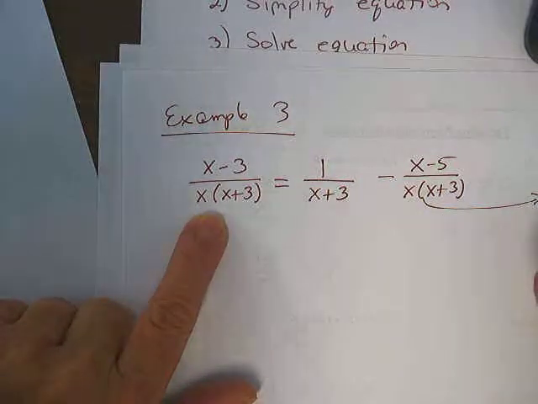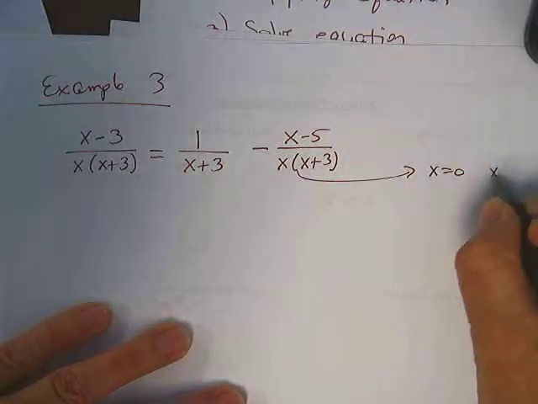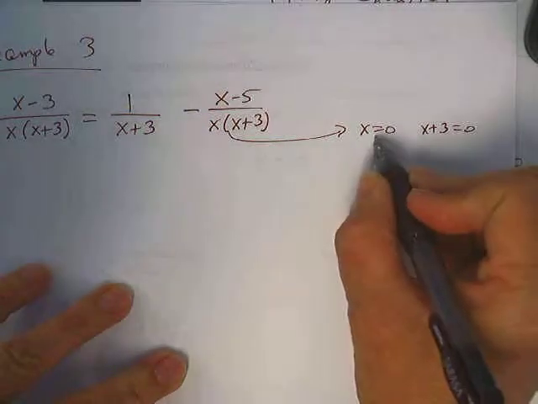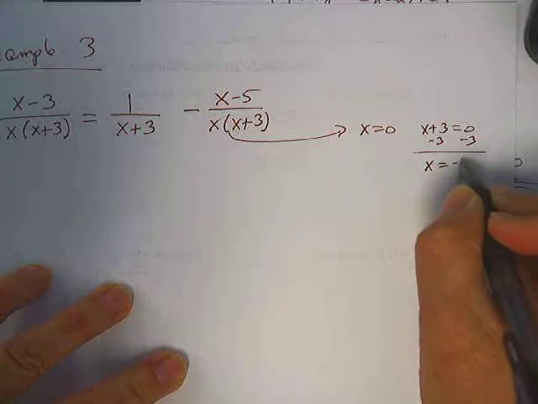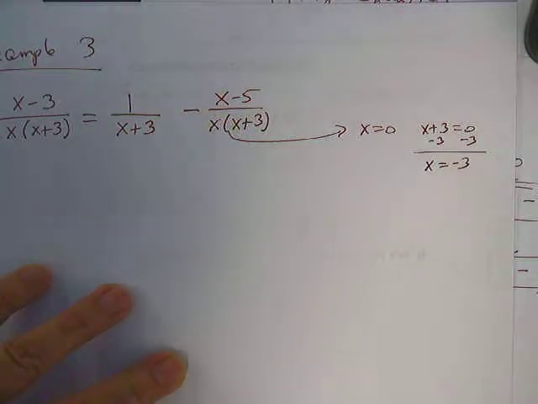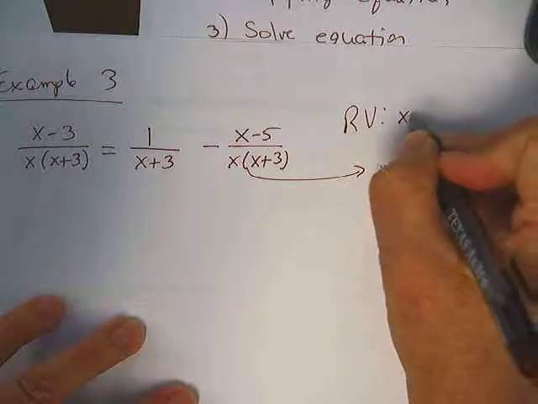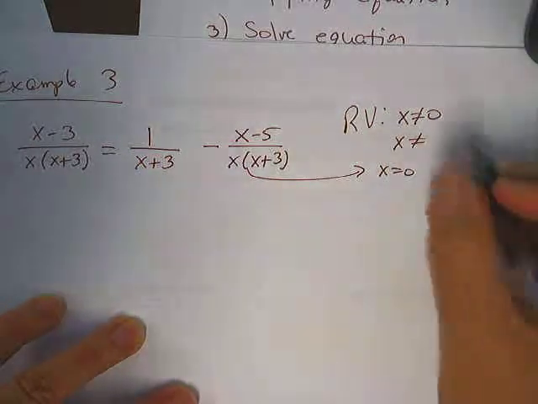And I have to say x plus 3 equals 0. So if I solve this one for x, I get x equals negative 3 and x equals 0. So my restricted values: x cannot equal 0, x cannot equal negative 3. So when I finish solving this problem, I have to compare to these to make sure those are not